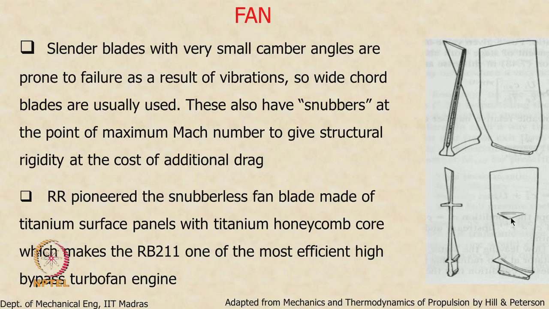In early designs, these kinds of fixtures called snubbers were also used in these fan blades. They are placed at strategic locations and they used to provide additional stiffness. But as you know, adding any component to this stream is going to cause drag and loss of stagnation pressure. So over a period of time, the technology has evolved where we can dispense with these snubbers, and actually you can see that the wide chord fan blade is not only strong but also very stiff. It can withstand the vibrations without the snubbers.